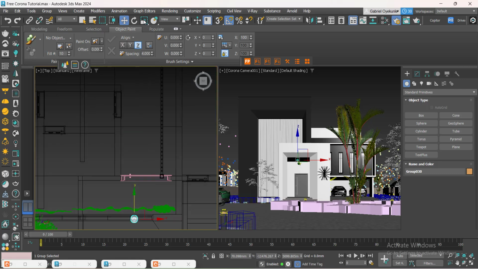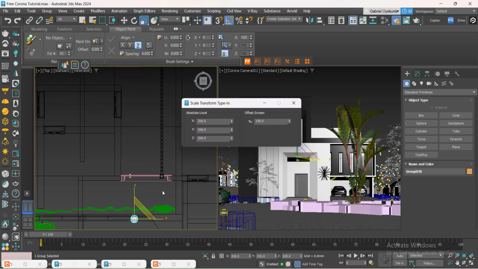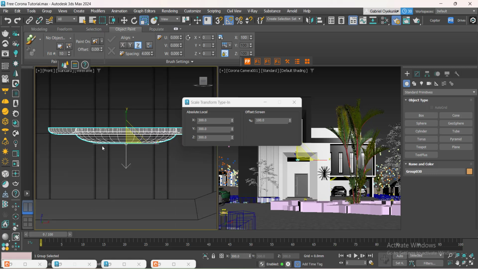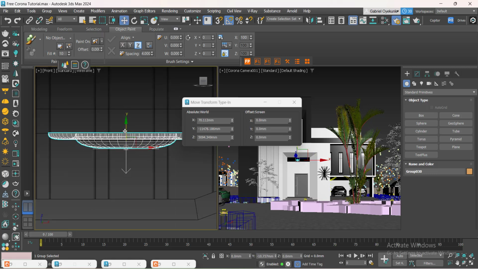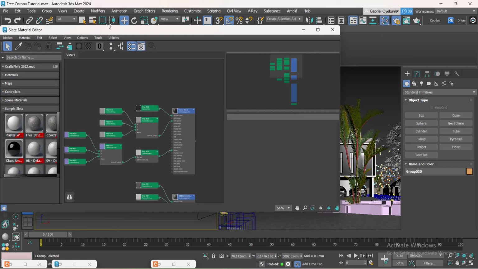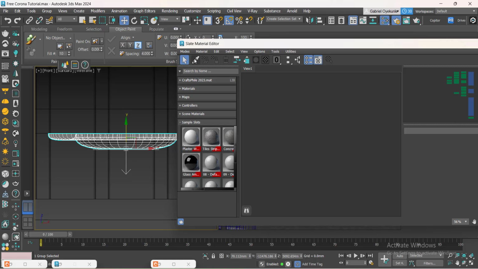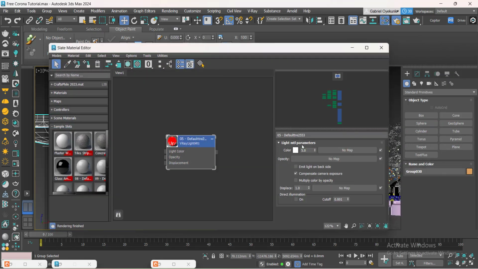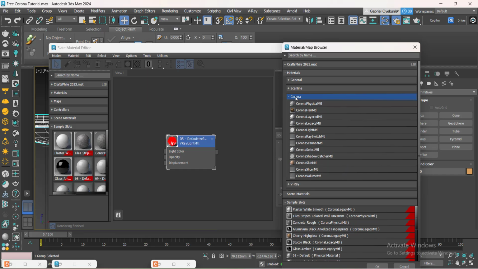So what I'm going to do first is I think I need to scale this, even though it's 200 now. I'm going to put it on 300, which is actually 150%, and I'm going to adjust it. There are many ways I can undo this particular issue, but I'm going to select it. It has a V-Ray light material on it, so I will change it to Corona material, and you can see under Corona we have